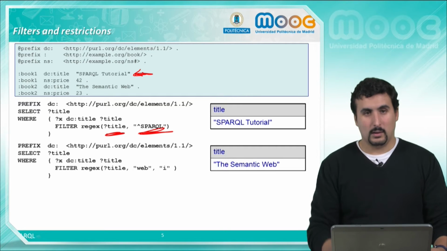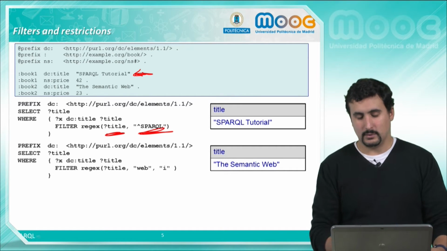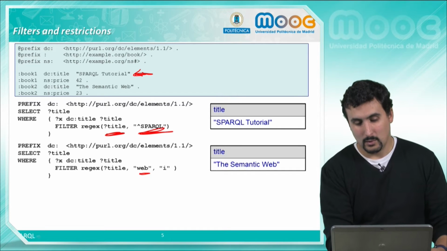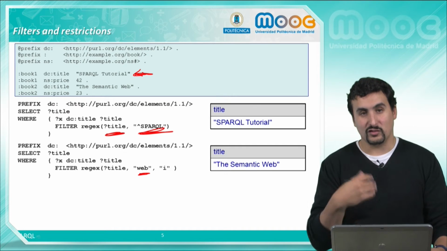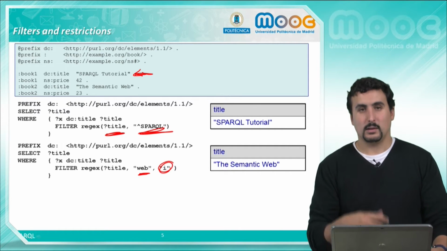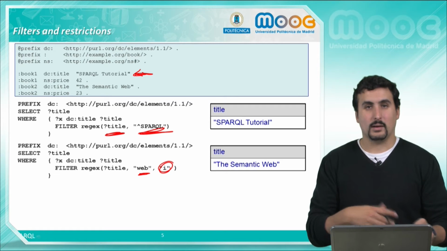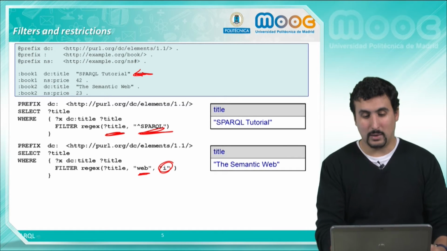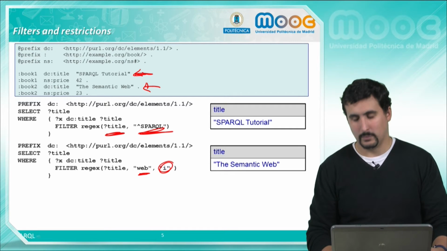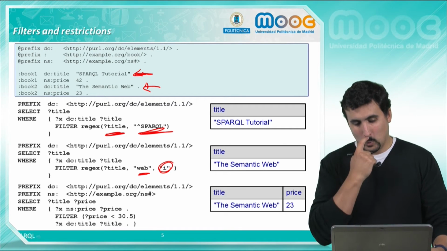We can as well do other kinds of expression. In this case, we are filtering, as in the previous case, but in this case, we are asking for the title to contain the word web, and specifying here that we don't care whether it is uppercase or lowercase. So in this case, we will match the second title, that is the semantic web title. We can also